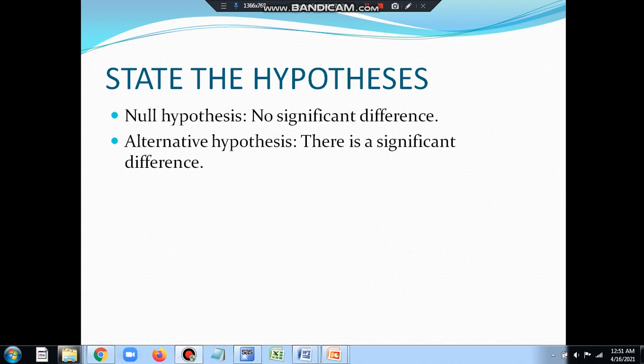So in this video we have seen what a paired sample t-test is and the scenarios where we can perform it. We have also seen what the null hypothesis and the alternative hypothesis are when we perform a paired sample t-test. And in the next video we will see how to use SAS to programmatically perform a paired sample t-test. Thank you.